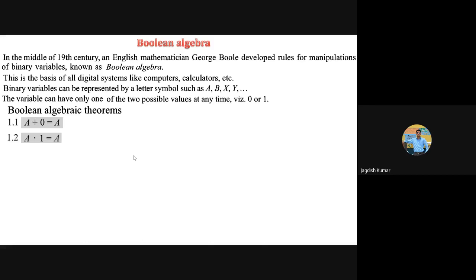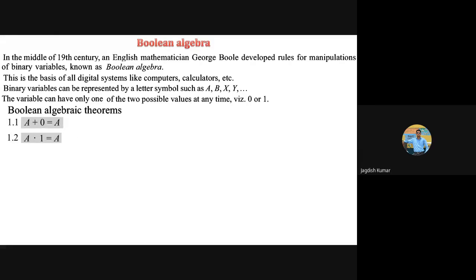What I'm saying is, I repeat, in any Boolean algebra theorem, we can replace OR with AND to get a new result. But for getting a new result, we have to complement all zeros and ones appearing there. What is the meaning of complement? Every zero will be made 1, every 1 will be made 0. So what we did is, this OR became AND here, this 0 became 1. Variables will remain as such. You don't have to complement variables. You only have to complement standard zeros and ones appearing in the Boolean expression.